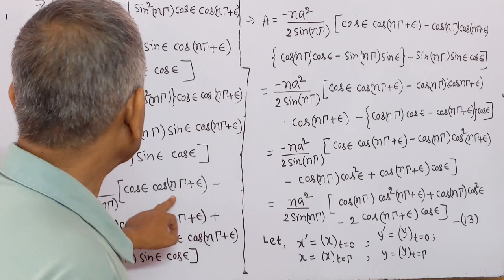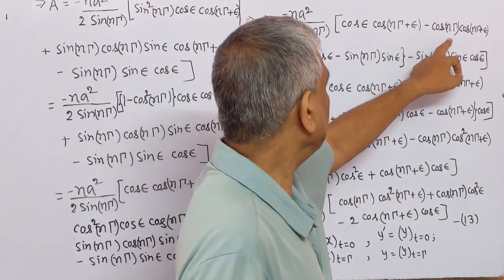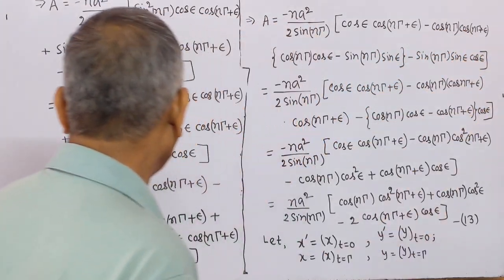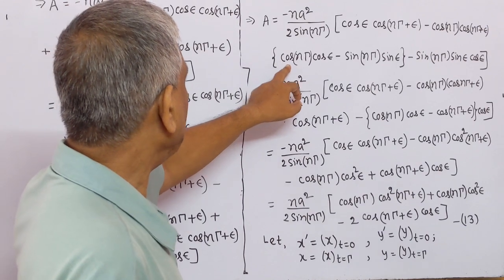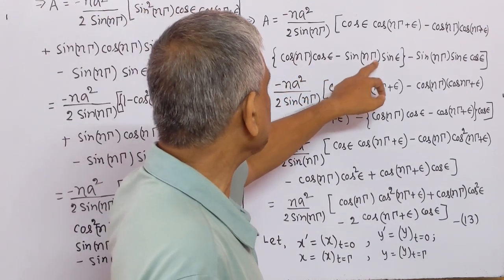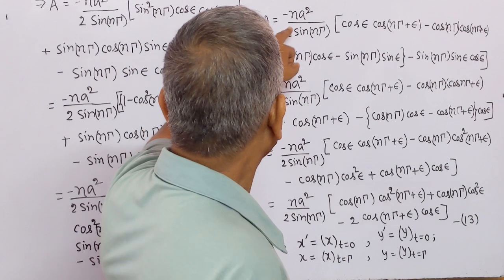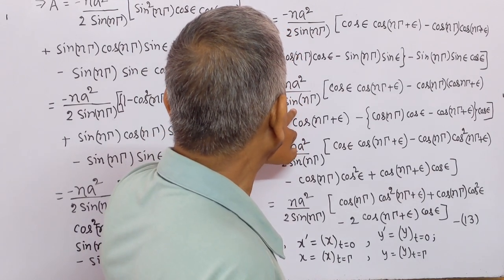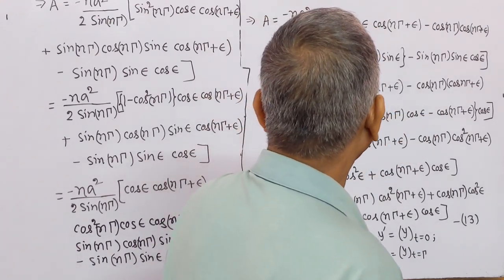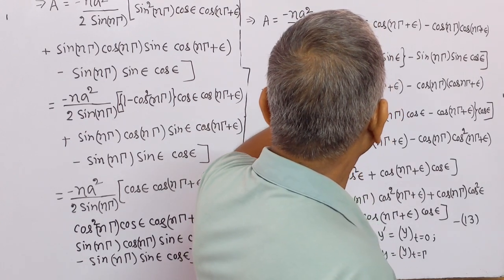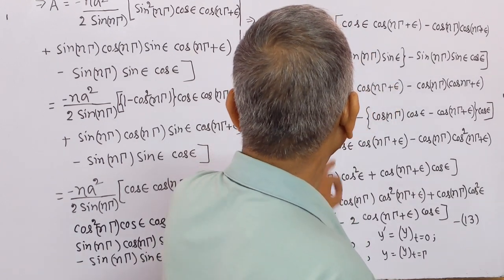This implies that A equals minus n a square by 2 sin n2. Here we write the same thing, minus, we take common cos(n2 plus epsilon) from this and this term. Then remains under the bracket cos n2 cos epsilon minus sin n2 sin epsilon, and the last term is the same. We write this term outside the bracket, the same. Here cos A cos B minus sin A sin B means cos(A plus B), means cos(n2 plus epsilon). In this place we write this,